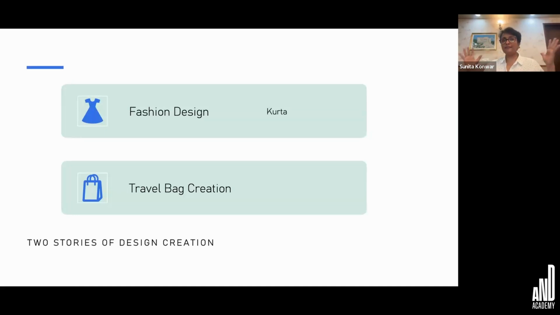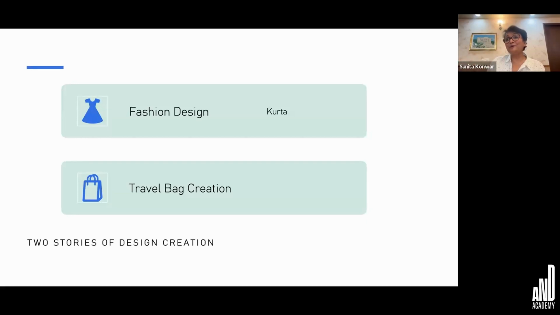And after showing that bag, the sketch, etc., we were all getting very excited sitting there as jury members, and we were wondering what's next. And they abruptly stopped. And we looked at each other and I asked them, is there anything next? They said, no, this is what our design is. And then we said, okay, how much is the cost that you're going to incur in order to produce this bag? They had no clue.